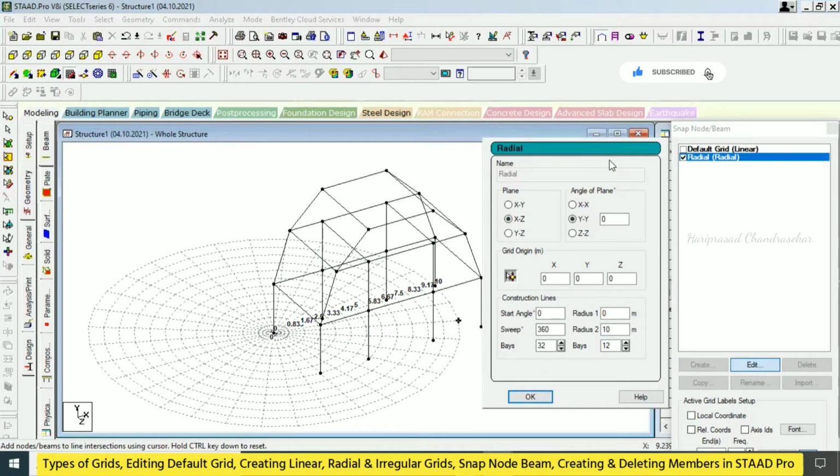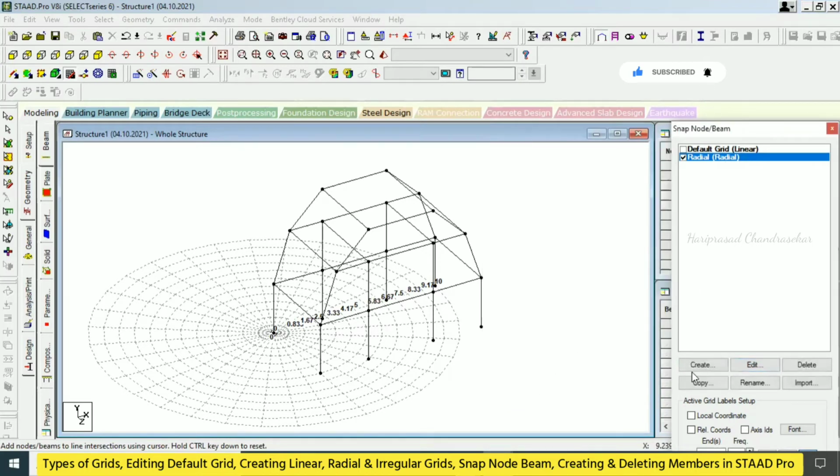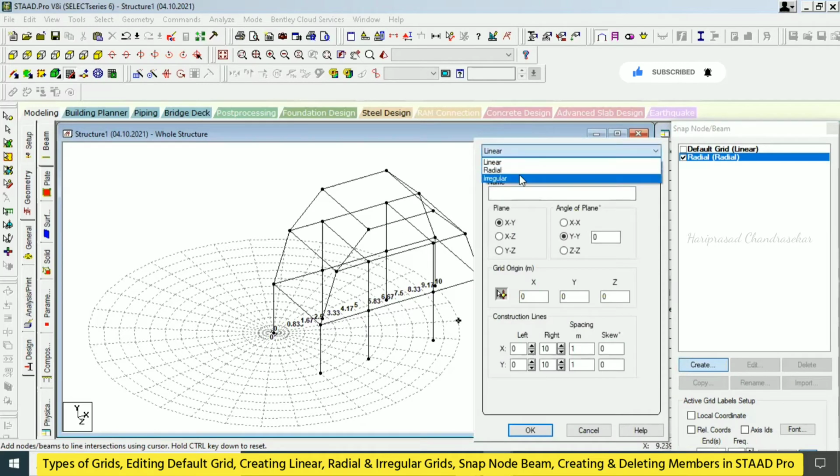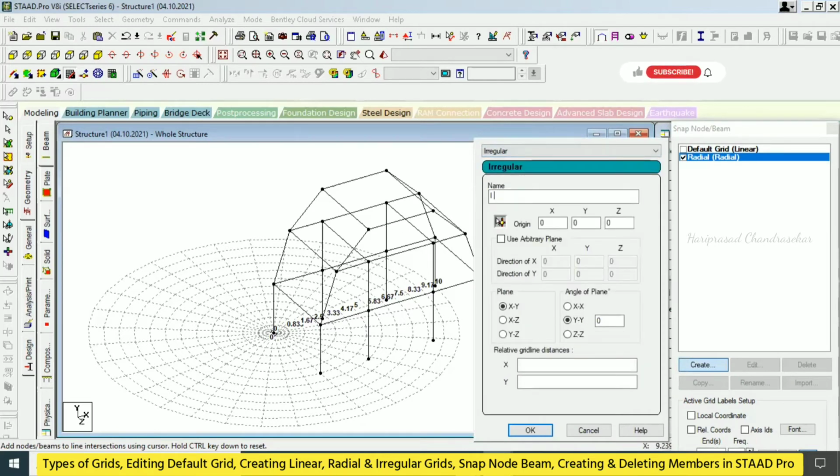Okay. But for irregular, we will also create another grid. Go for irregular, and I'm just naming it irregular. Here you need to specify the values. I'm just putting 5 space 4 space 8 space 3, and then 4 space 3 space 3 space 3, which means the first floor will have 4 meter, the second floor will have 3 meter, like that. We will see how the output comes. And later we can make changes here and click OK.